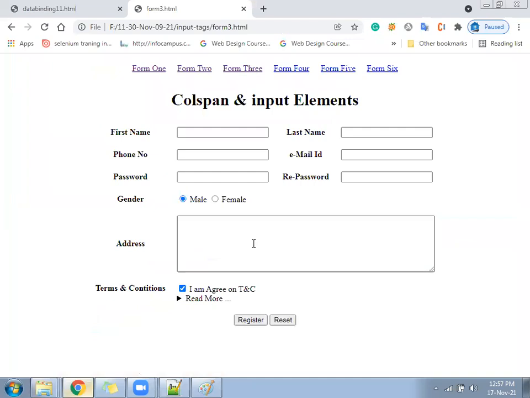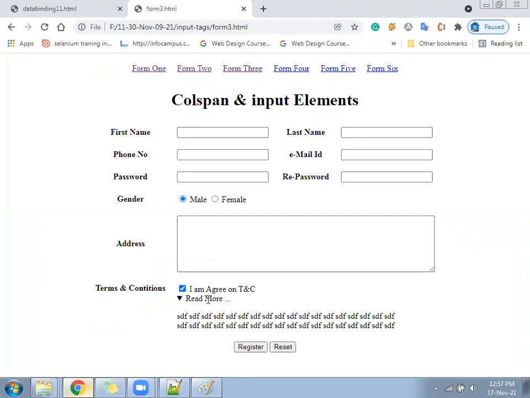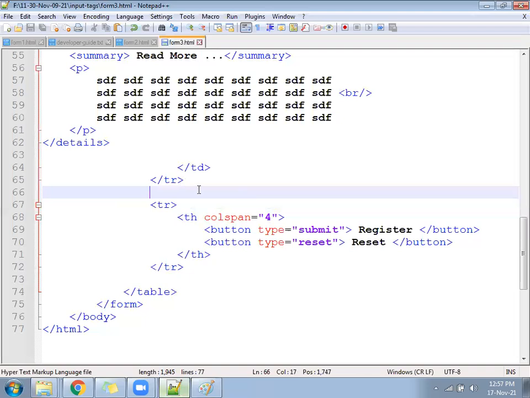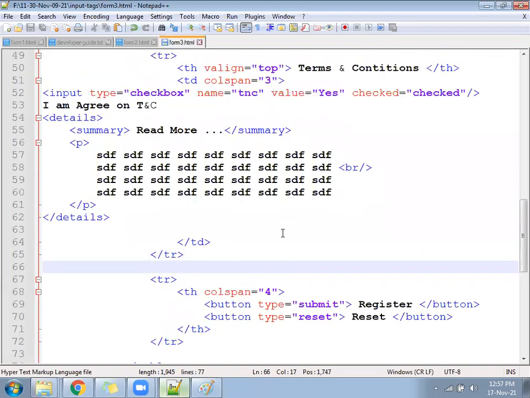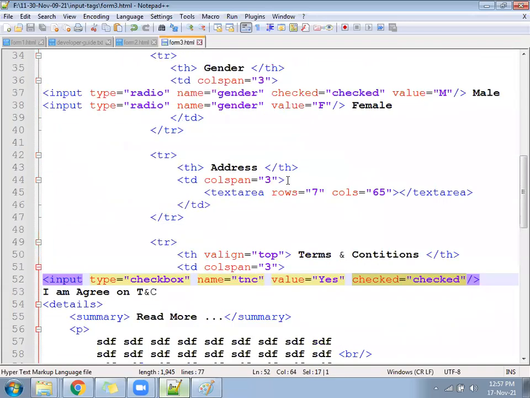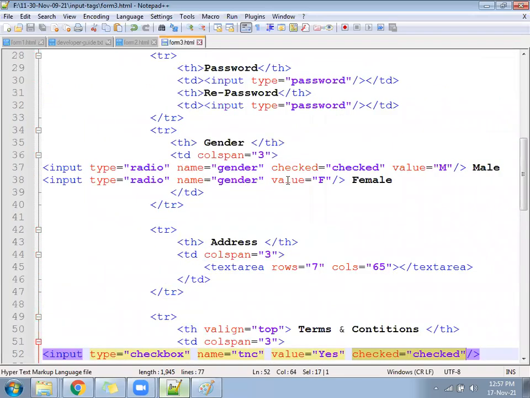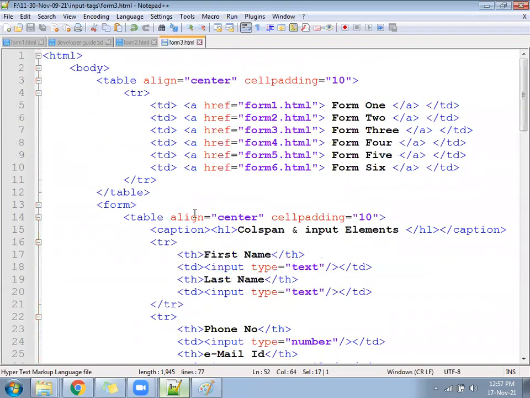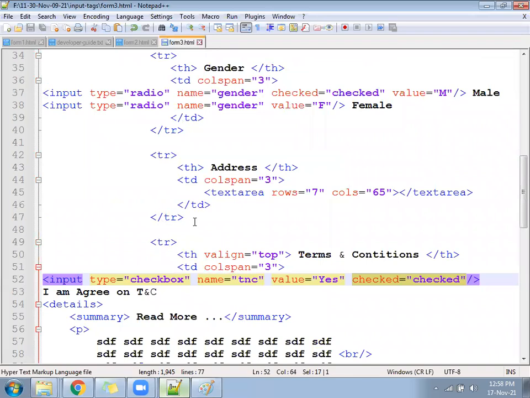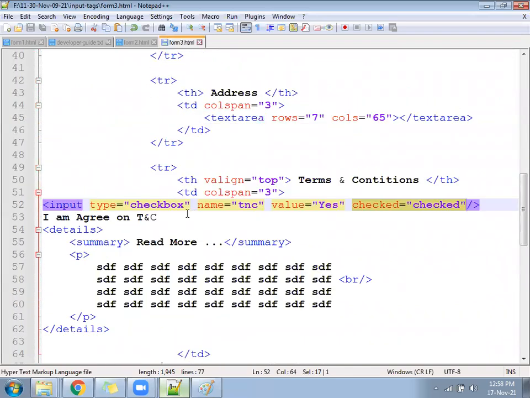So here is the button. In this current file, you understood a tag called details tag and summary tag. Another thing we got an idea of is a property called checked. Okay, how to arrange multiple input fields in one line, multiple TDs we can follow. So come to the developer guide.